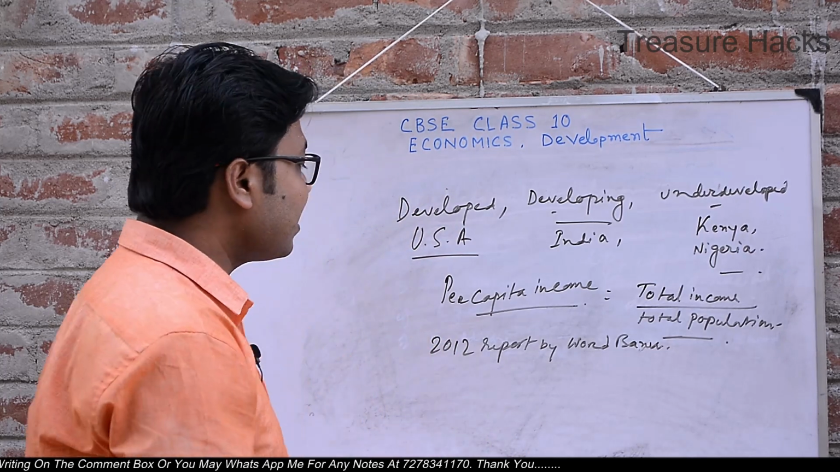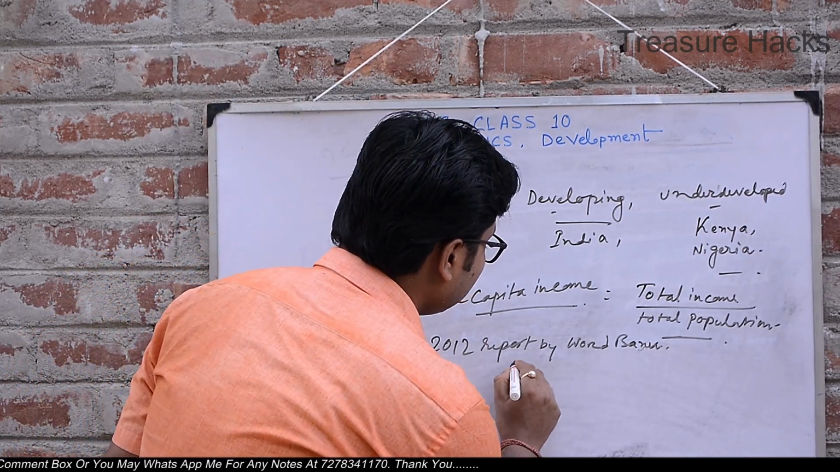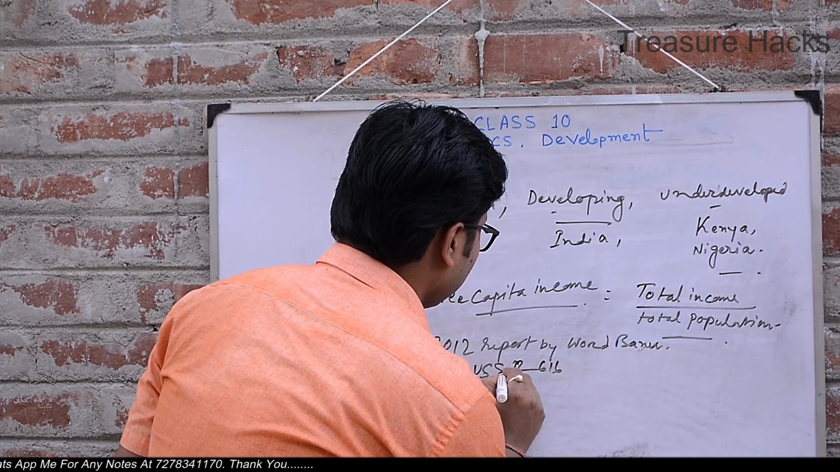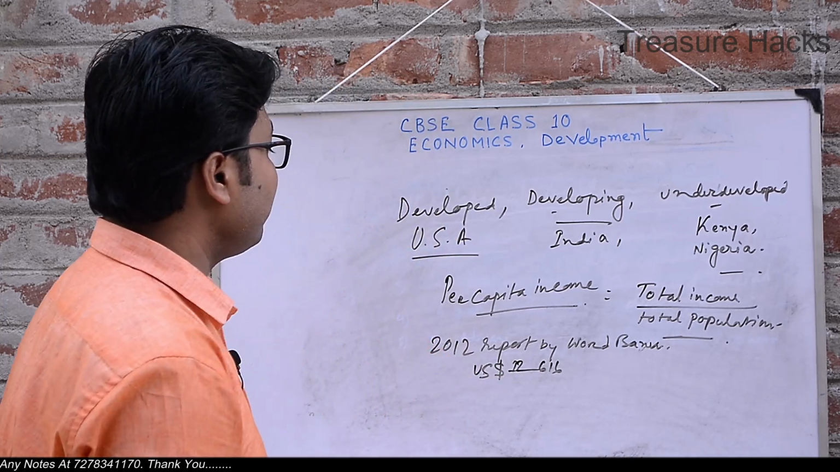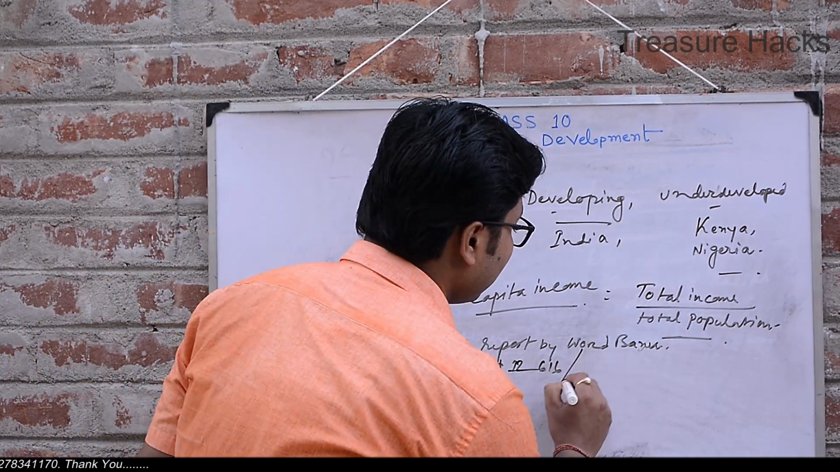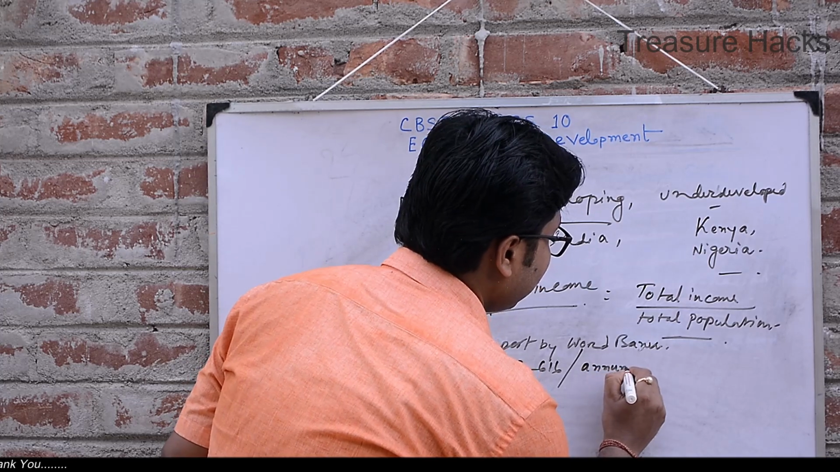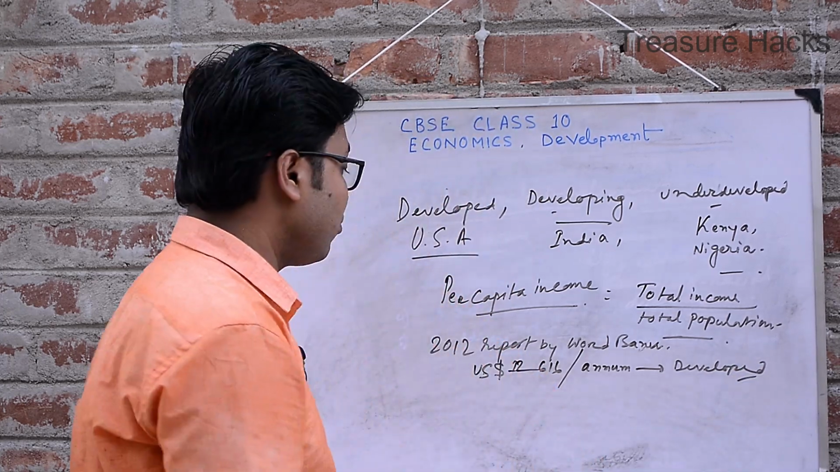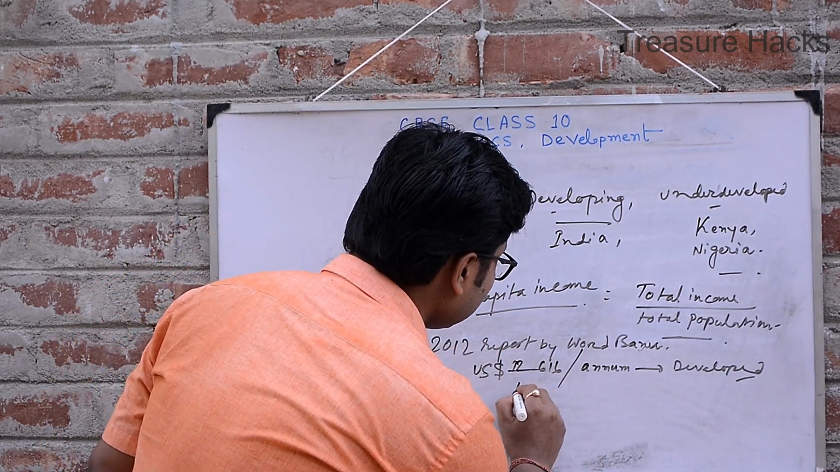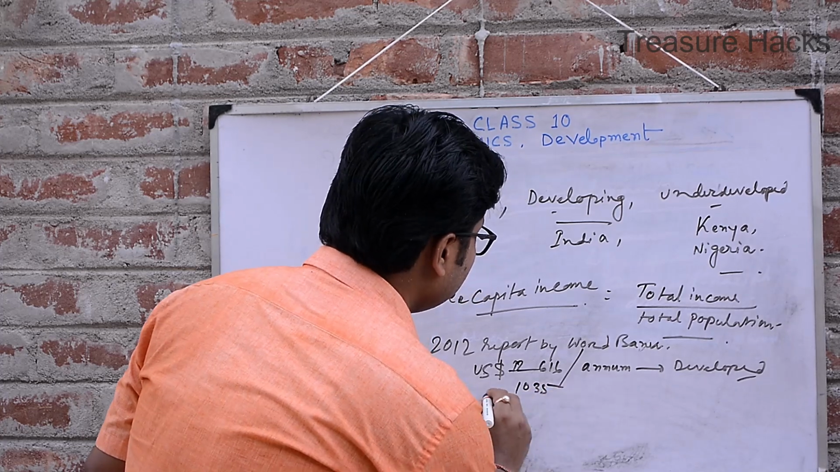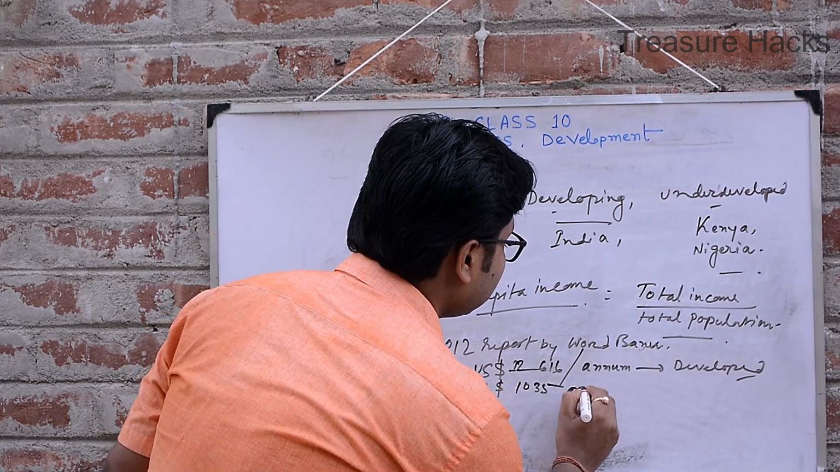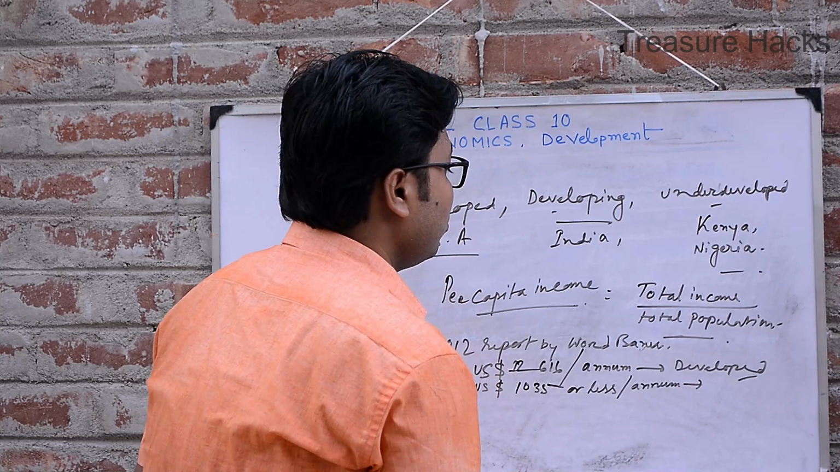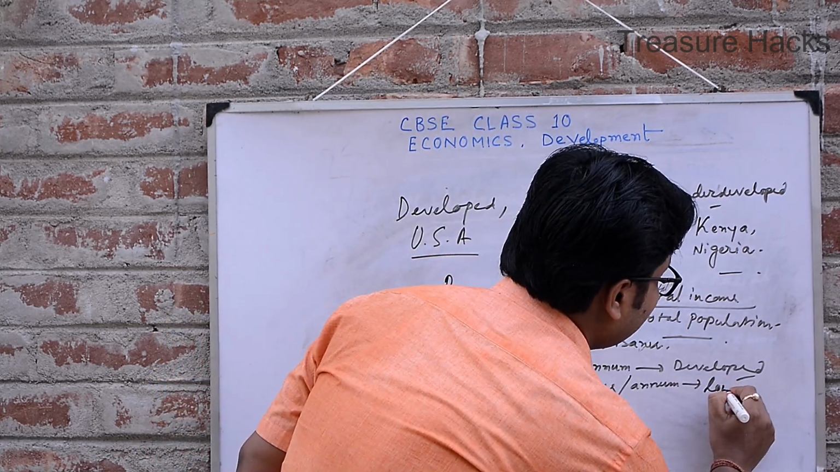the country whose per capita income is $12,616 per annum, meaning per year, is a developed country or rich country, and the country whose per capita income is $1,035 or less per annum is called a low income country